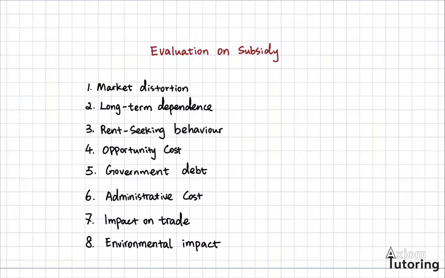In the last video, we've seen that subsidies can increase both consumer surplus and producer surplus, but they can also lead to deadweight loss, which represents a loss in the overall economic welfare. Governments may need to carefully assess whether the benefits of the subsidies outweigh the costs, especially when considering the long-term